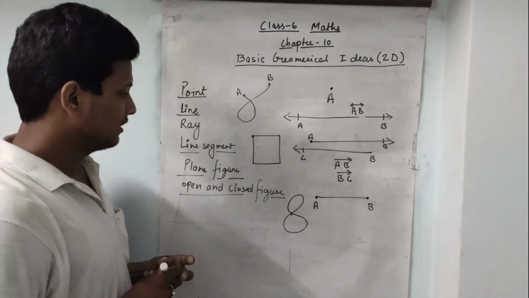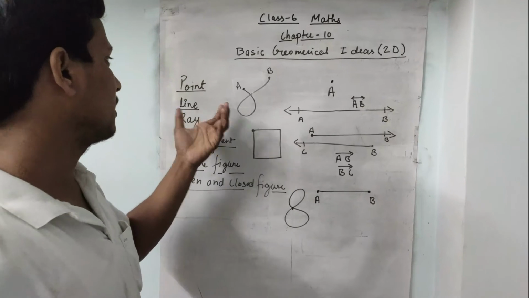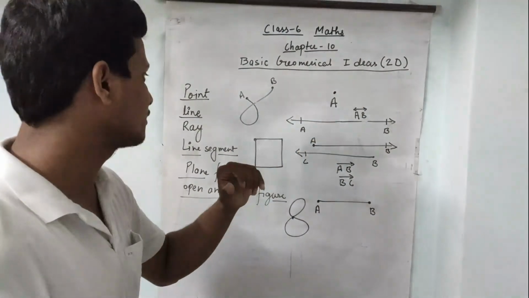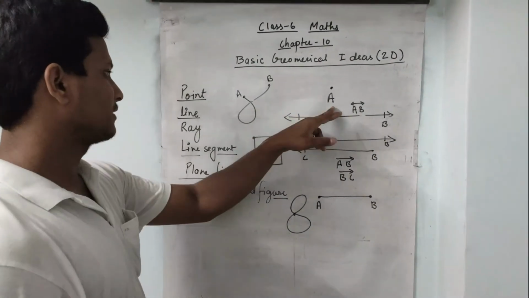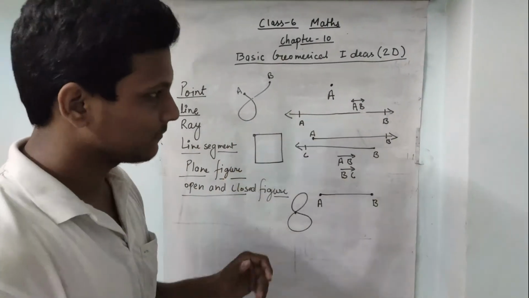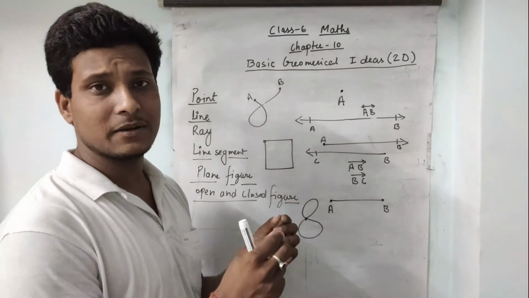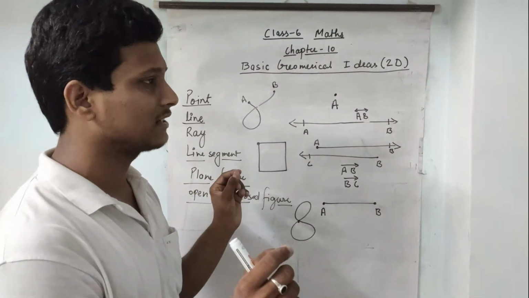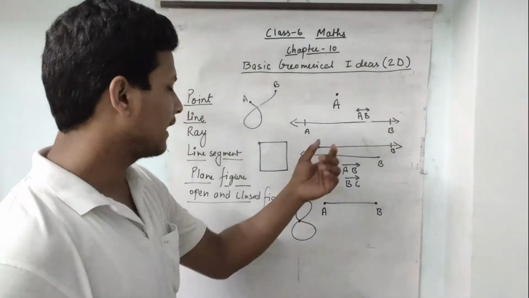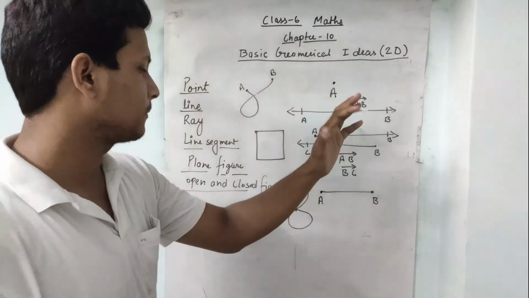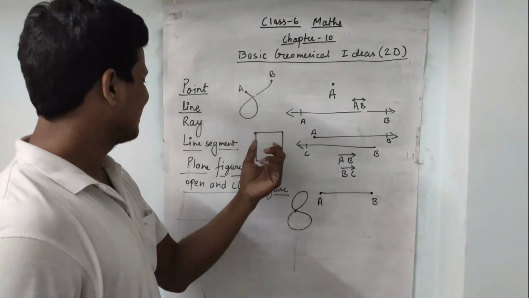Okay. So these are the points. One more time I am repeating. First is point, that is any location on the plane, it is called a point. It is represented by capital letters. Next is line. Line is a collection of points that can be extended endlessly in both directions. It has no finite length and that can be represented with the symbol of line on the side of the points.